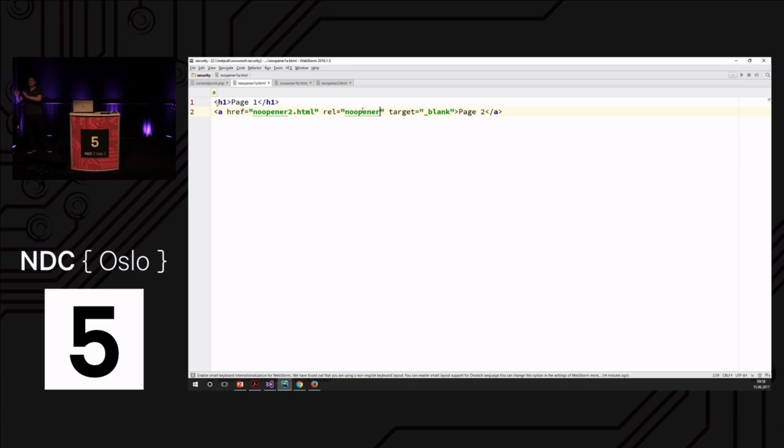And that prevents the target page from having access to the opener. Unless you are using Firefox prior to version 52. We now have, I think, 53. But up to Firefox 51, noopener wasn't implemented. So for Firefox, you had to add noreferrer. And then you are fixing that for Firefox as well.